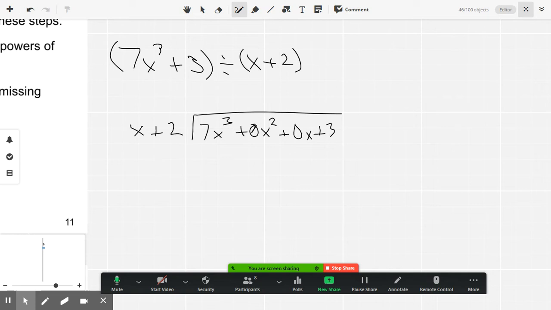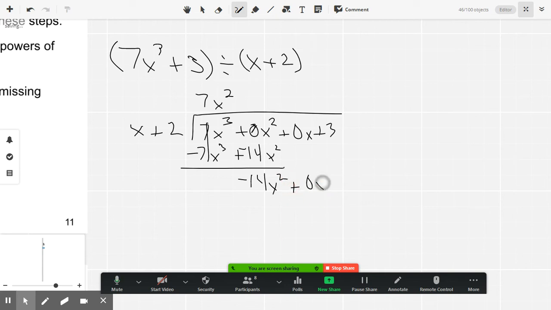x times what is 7x cubed? Well, that would be 7x squared. 7x squared times x is 7x cubed. 7x squared times 2 would be a positive 14x squared. Now, here's the part you have to remember. I'm subtracting, so I've got to change the sign of both terms, or however many terms are down there. That's going to add to 0, and then that's going to be negative 14x squared